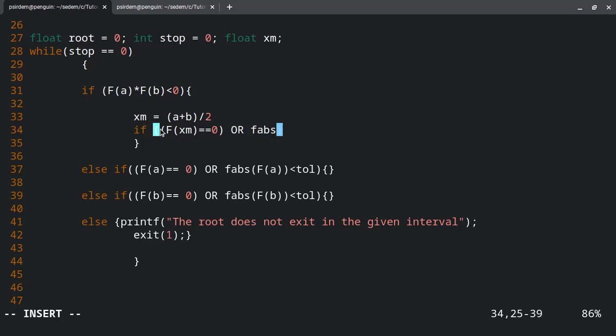Remember that we are able to use this because we declared it as a macro up there, so don't forget. So or the absolute value at xm is less than the tolerance, then what should happen? It should make the root equal to the xm,